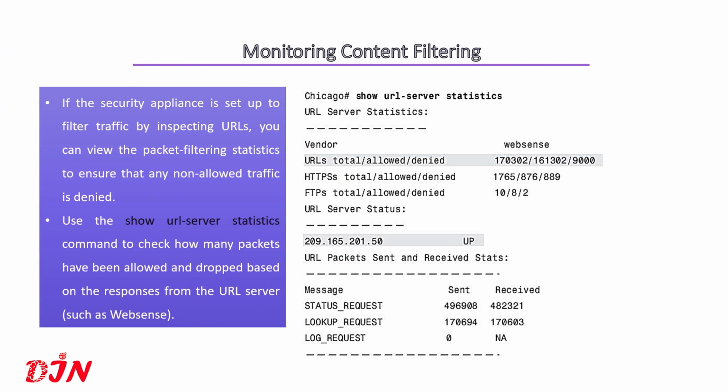Monitoring content filtering. If the security appliance is set up to filter traffic by inspecting URLs, you can view the packet filtering statistics to ensure that any non-allowed traffic is denied. Use the show url-server statistics command to check how many packets have been allowed and dropped based on the responses from the URL server, such as Websense. In the example, the security appliance has denied 9000 URL HTTP attempts because of restricted or blocked content. The status of the Websense server is up, which indicates that there is a bidirectional communication channel between the server